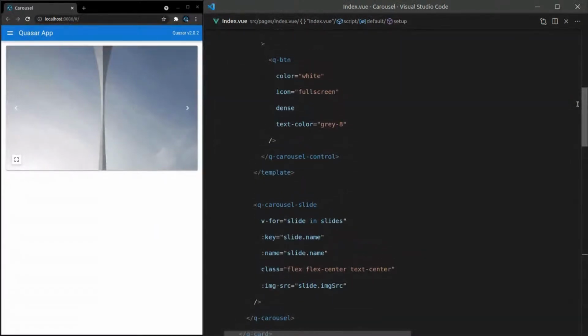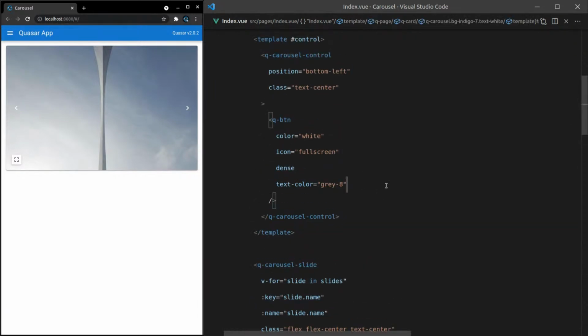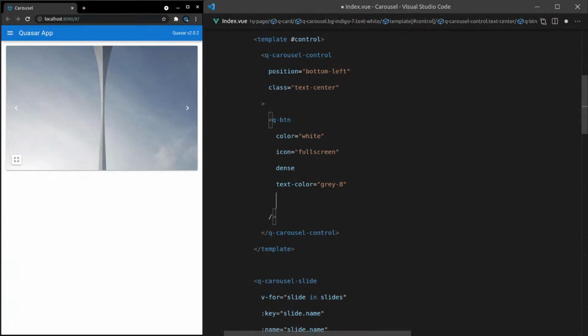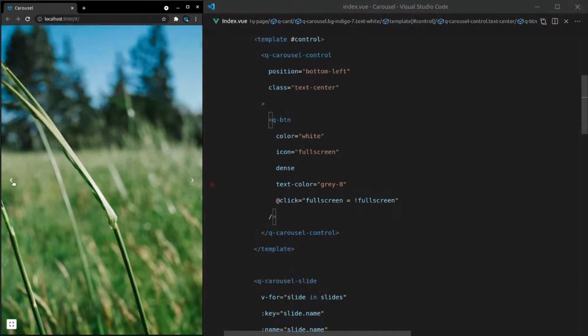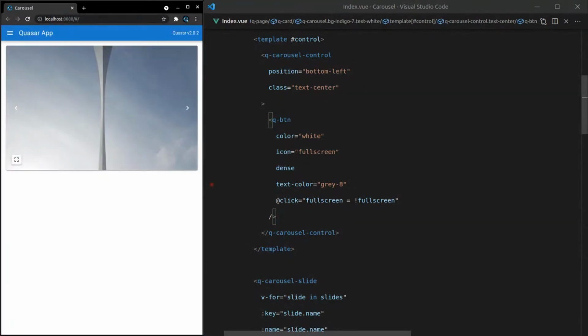And there we go. Now we need to make it so that when we click on this button, it toggles full screen to true. So let's come down here and say @click, fullScreen is equal to true, save it. And now when I click on there, we can now toggle between full screen. Or instead of true though, we should say it's equal to the opposite of what full screen currently is. That's how you toggle something. And there you go. How cool is that? A working carousel component, super easy to play around with